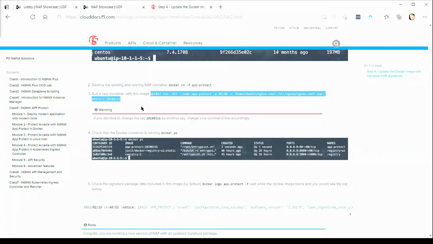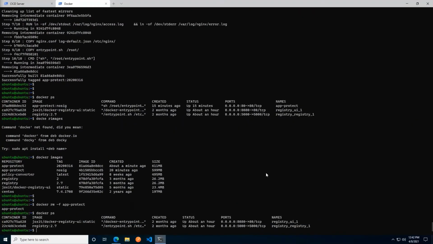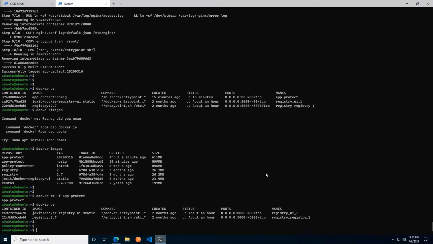I'll explain it as I paste it into my RDP session. All that's happening here is we're doing essentially exactly the same all the way up to the end of the command, where we're just pointing it towards our new image rather than the previous one. Other than that, we're running exactly the same Docker run command. So let's go ahead and run that.